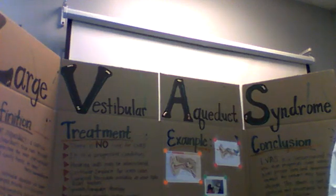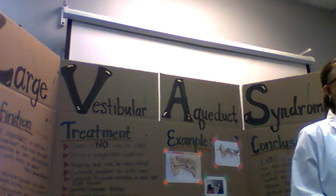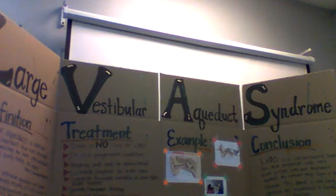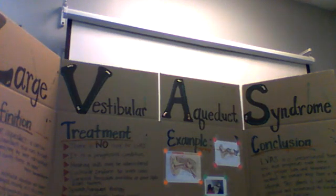So one of the reasons why I chose this topic was because my brother was born premature and he has a lot of medical complications. And around the age of 5, when you go to school, you get your physical, that's when we discovered he was partially deficient in hearing. So he was provided his hearing aids, and I brought in some of